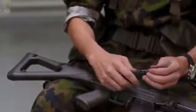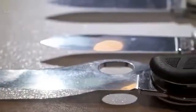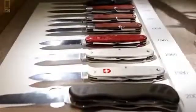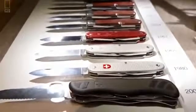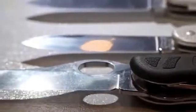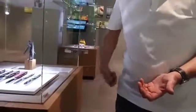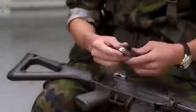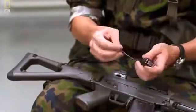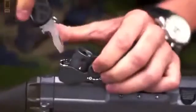In 2008, a brand new soldier knife was introduced to the army, very special with a one-hand opening blade. When you are carrying gloves, for example, or when you have to hold something with one hand and you have only one hand free, you can easily open it. Close, you can also press it on the other side and close like this. In the military, you're also spending lots of time in the woods, so it now comes with a wood saw, which the old one didn't have. It still comes with all its old tools,